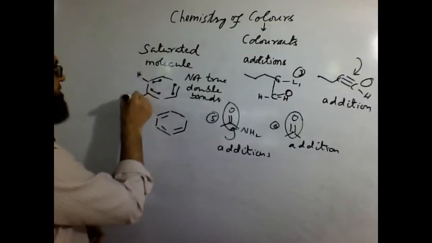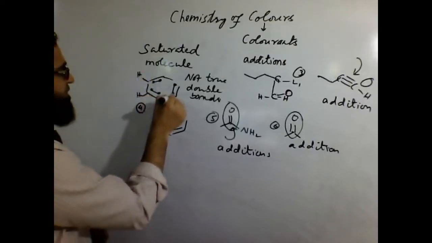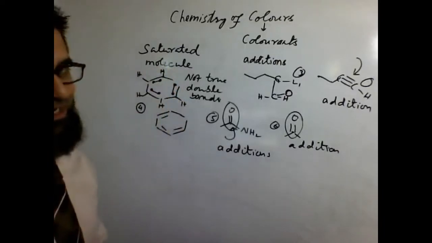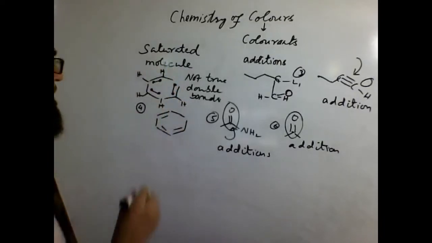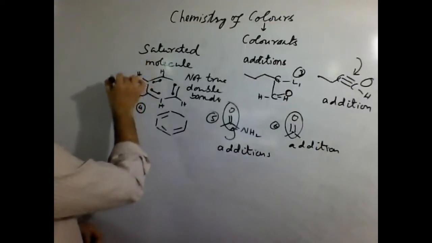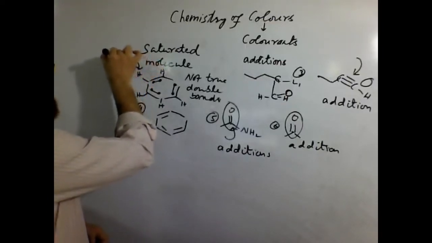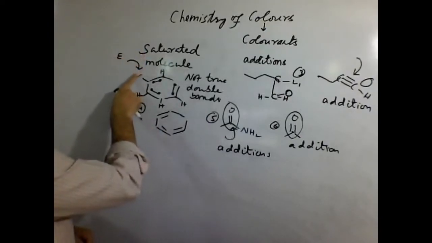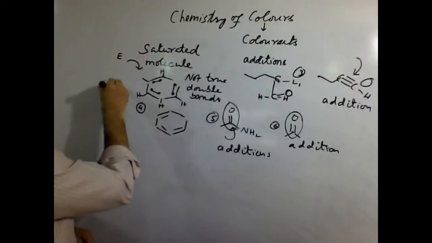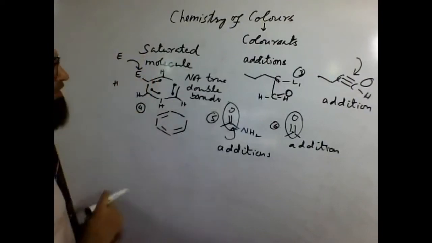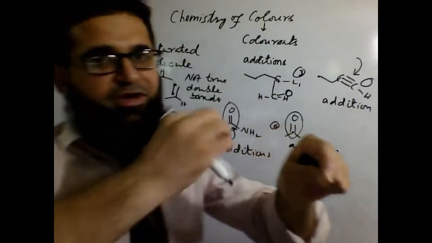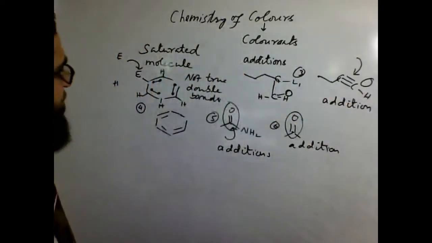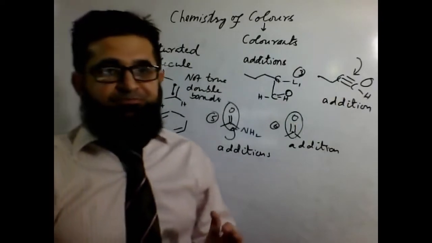However, in the case of benzene, we have an idea. It carries 6 carbons and every carbon carries 1 proton. So if you want to make benzene react with somebody, it can undergo a reaction. What will happen? One from outside can come in to kick this proton out. The proton will move out, and then E can replace it. When one comes in, the other has to move out. This is called a substitution reaction. So benzenes are supposed to undergo substitutions.